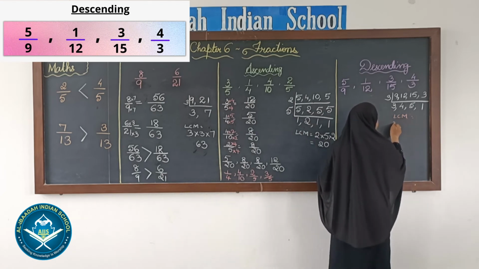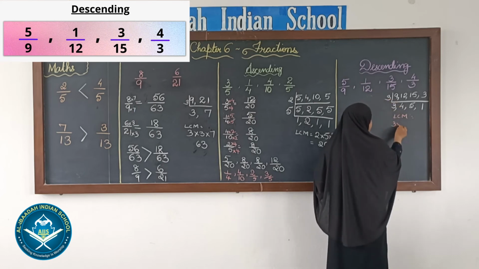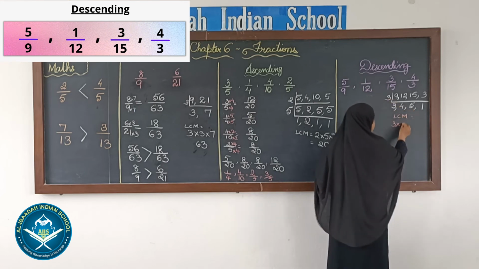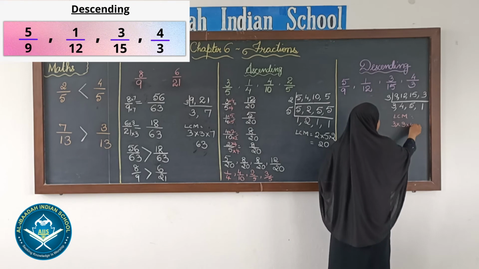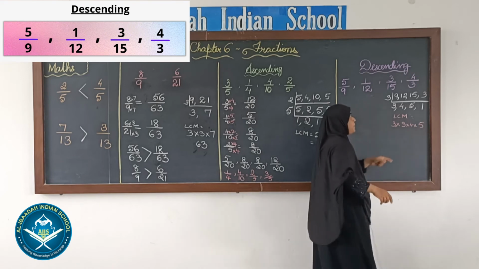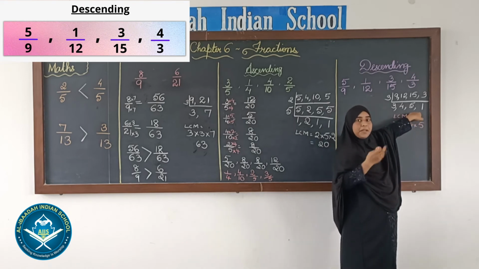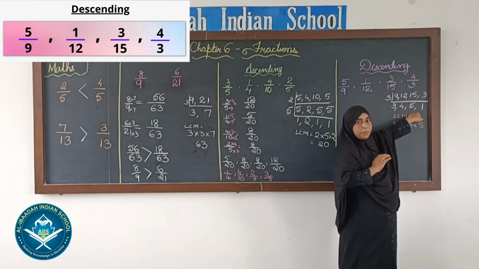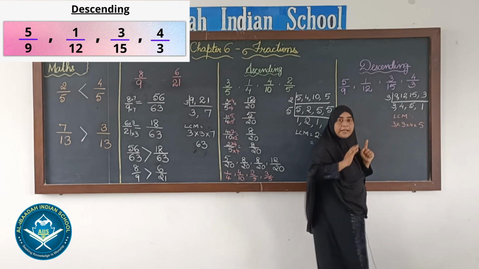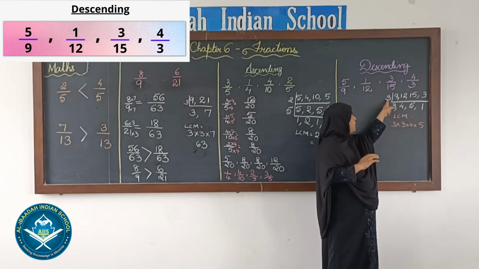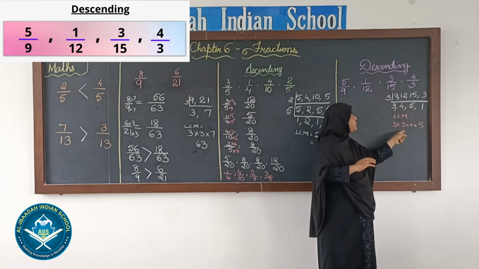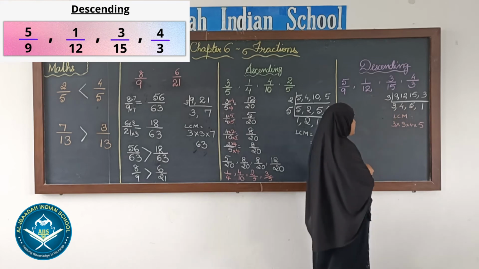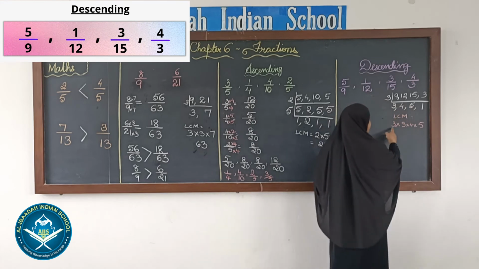So we will have to multiply all these numbers to find the LCM. LCM will be 3, the factor that we have, and the numbers that are left over here: 3 into 4 into 5. We are not multiplying 1, because if you multiply with 1 also, the value will not change, it will remain the same. We have done this in the properties of whole numbers, isn't it? So no need of writing 1, just write the common factor and the numbers which are left at the end. Now multiply and see what answer we get.